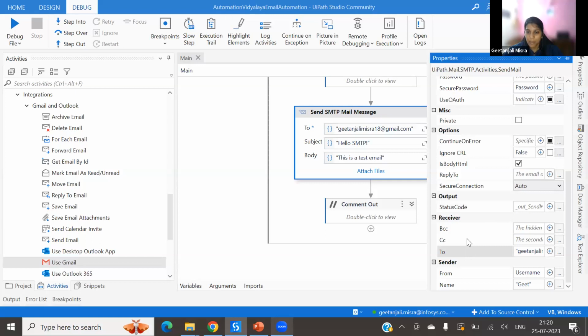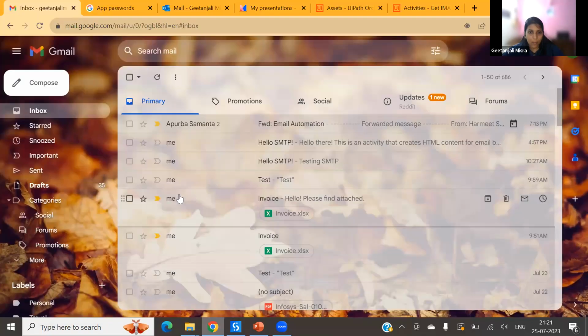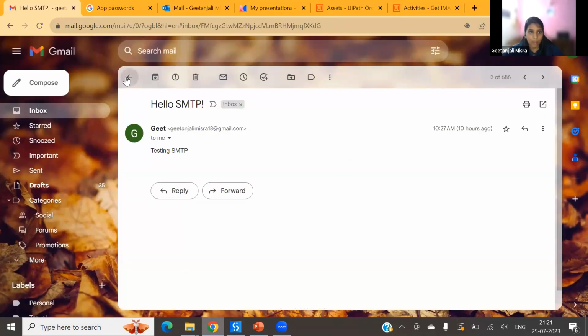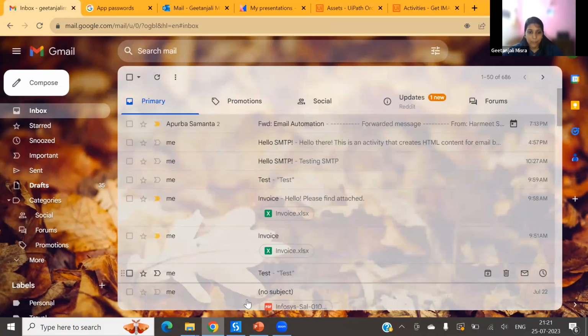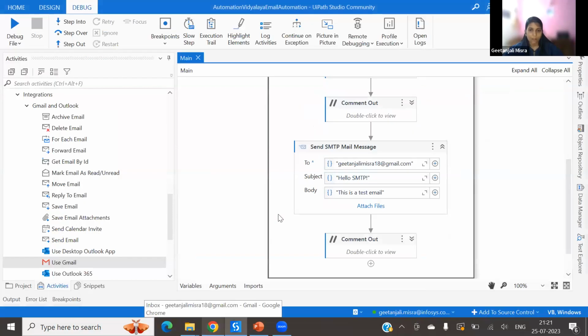Receiver, we can have a to address, we can have a CC, and we can have a BCC here, right? And then sender is another unique property of SMTP, where you can put in a different alias email or an alias name, okay? What I mean by that is, see, I've put in my name as Geet, but my actual email name is Gitanjali Mishra, right? So if I run this activity now,